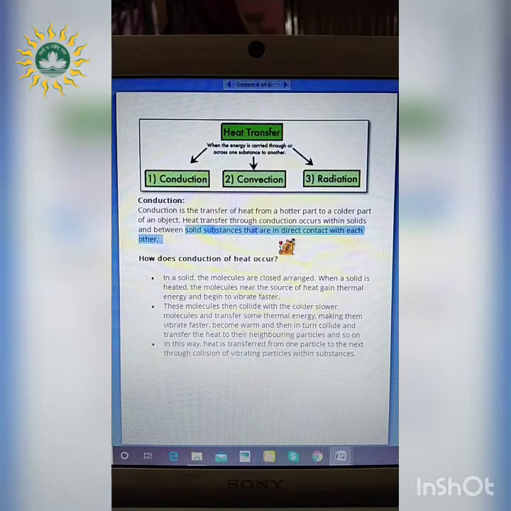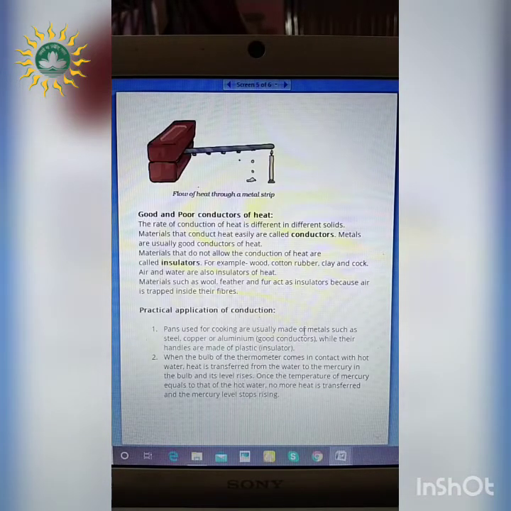Now we will move on to the process by which the conduction of heat is occurring. So we will see one experiment once again. Suppose there is one candle kept over here and one metal strip is kept over here. So what have we studied in conduction? That the heat transfer will take place from a hotter to a colder object, and they should be in contact with each other, and they must be solid in nature. So here a candle is a hotter object which is in direct contact with this metal strip, and these two are both solid substances.